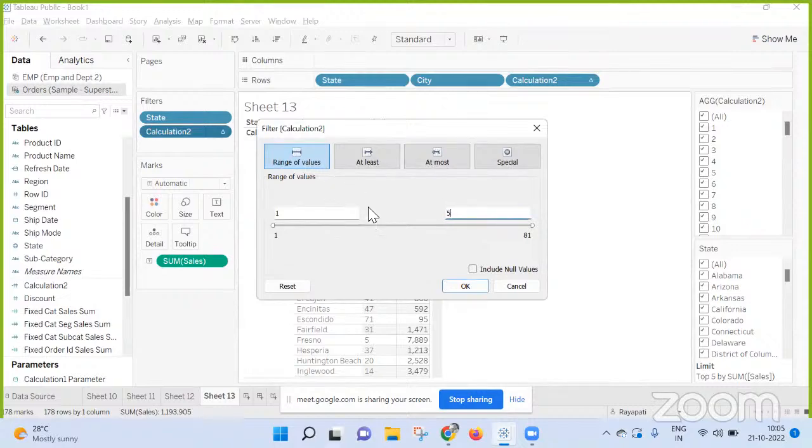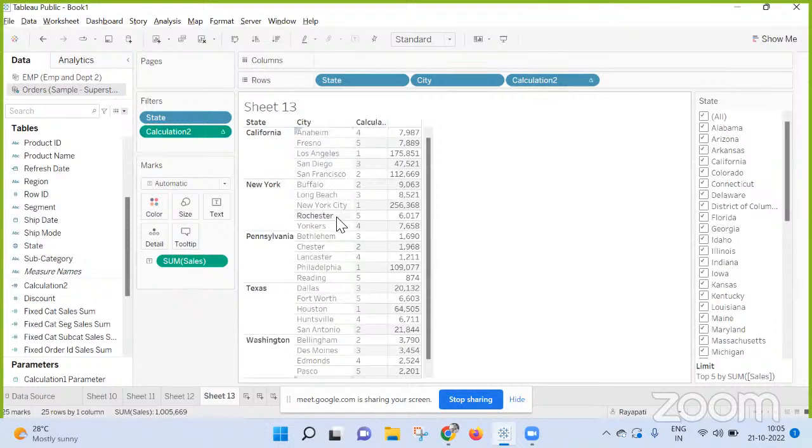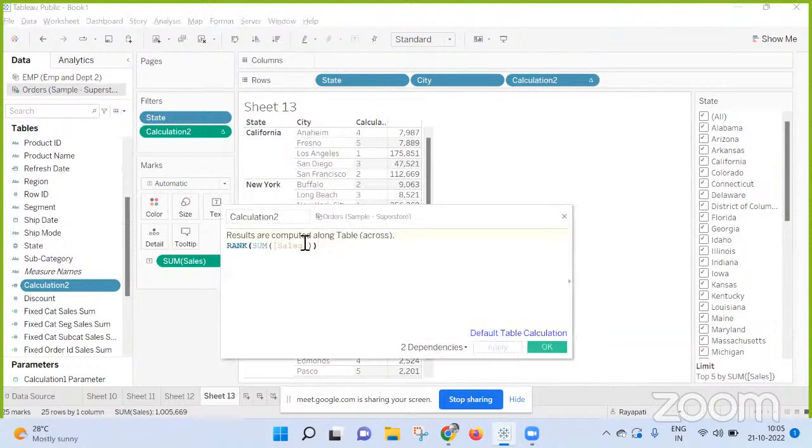Sorry, five. Yeah, these are the top 5 states, and you got top 5 cities in each state. So what you have done? You have done the table calculation on that city. Calculation 2 is rank, your rank function. You can use dense or anything, not anything. Can you open that